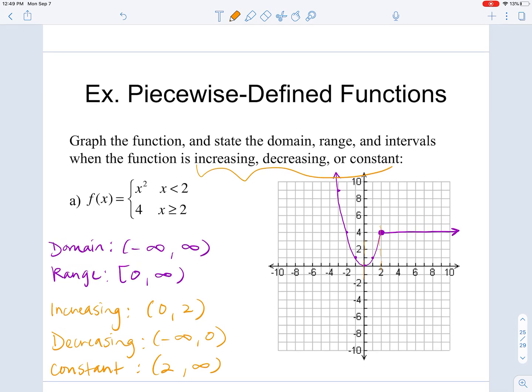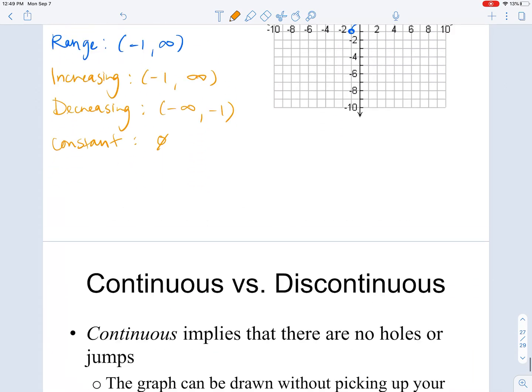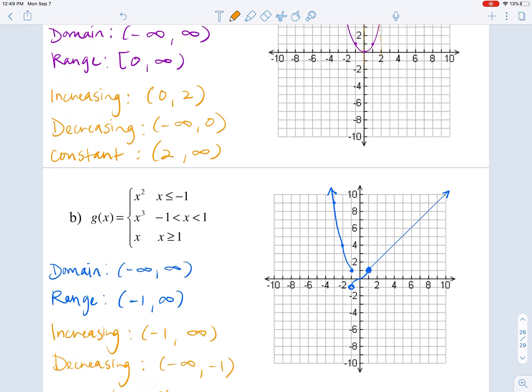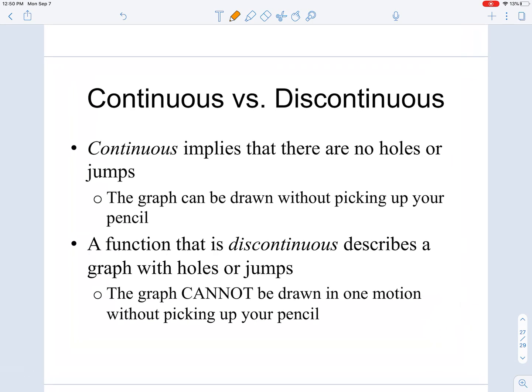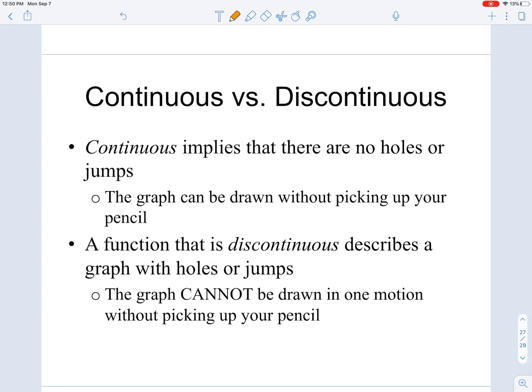I could trace the entire graph without ever having to lift up my pencil. This graph, however, would not. The second piecewise would not, because at x equals -1, I would need to lift my pencil. So a function is discontinuous if there is a hole or jump, meaning you can't trace the entire graph without picking up your pencil. Okay, so that is the end of section